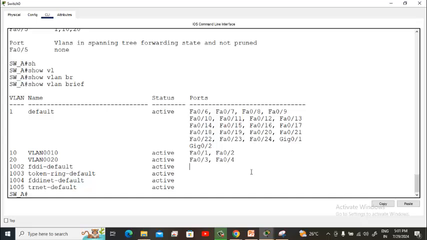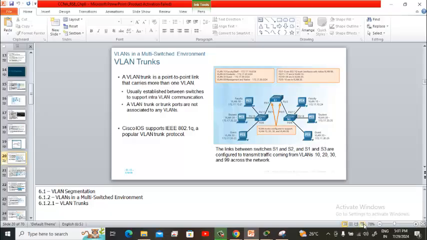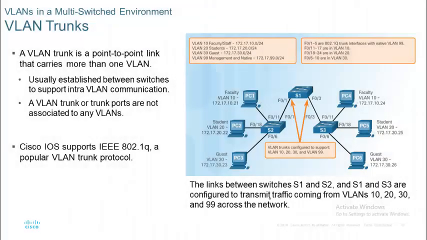And also I showed you, when you enable trunk, show interface trunk, the .1q protocol will be there, IEEE 802.1q. .1q, we'll talk about that. Okay, now